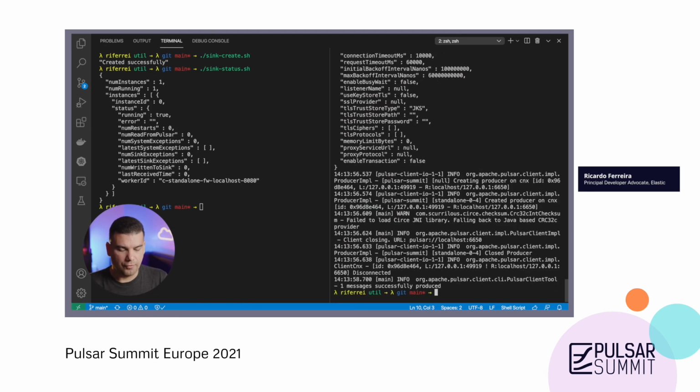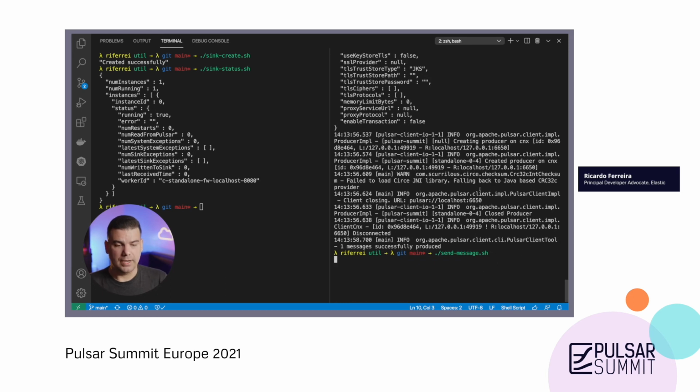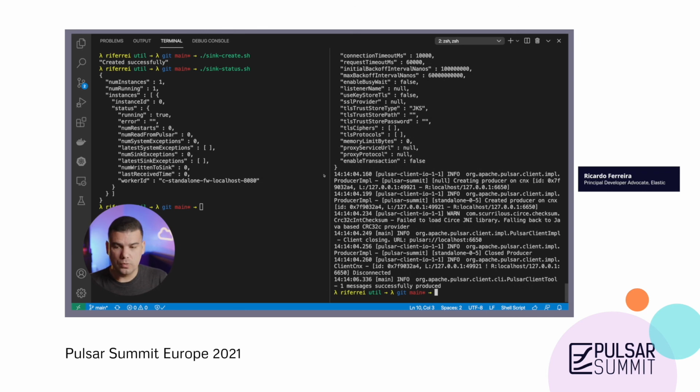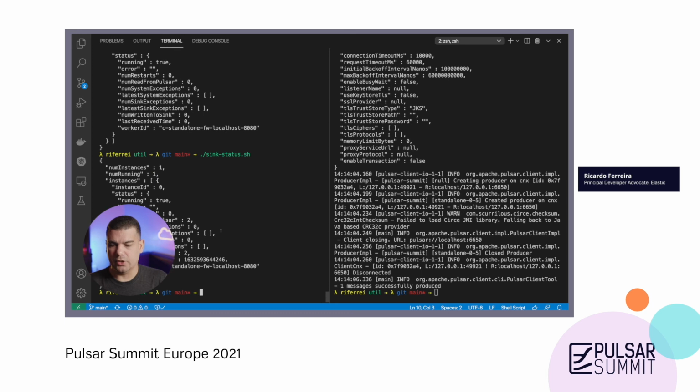That was the first message, and then I'm going to send another message. So now the connector has processed 2 messages. If we execute the sink status script one more time, this metric needs to be updated. Here we go. Now the connector has processed 2 messages, as you can see here.